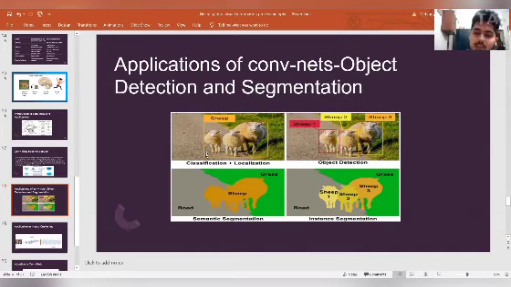We can also talk about segmentation. In segmentation, we do this pixel by pixel, and here we classify each pixel and understand it in a deeper way. So here we have changed the square box into contours, and in instance segmentation we have even further divided objects of the same class into different contours. So this was a very important application of ConvNets in terms of image tagging and object recognition.